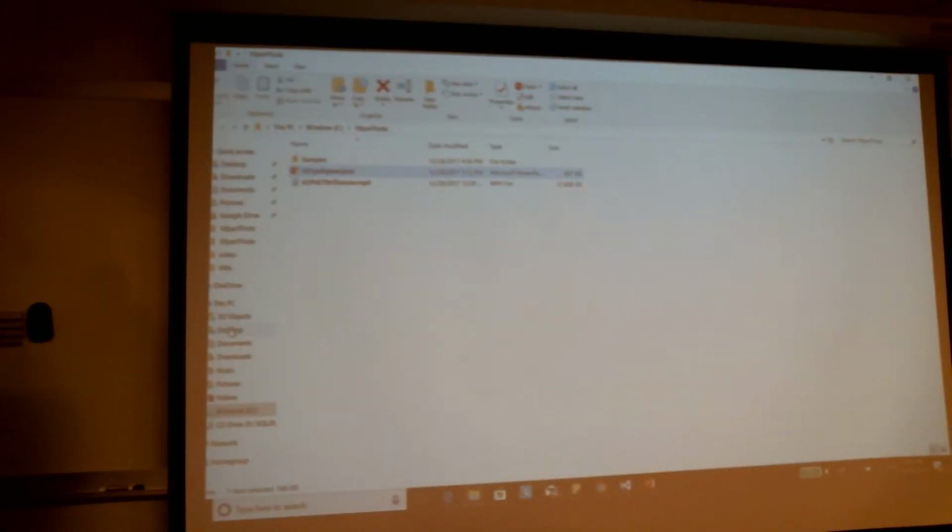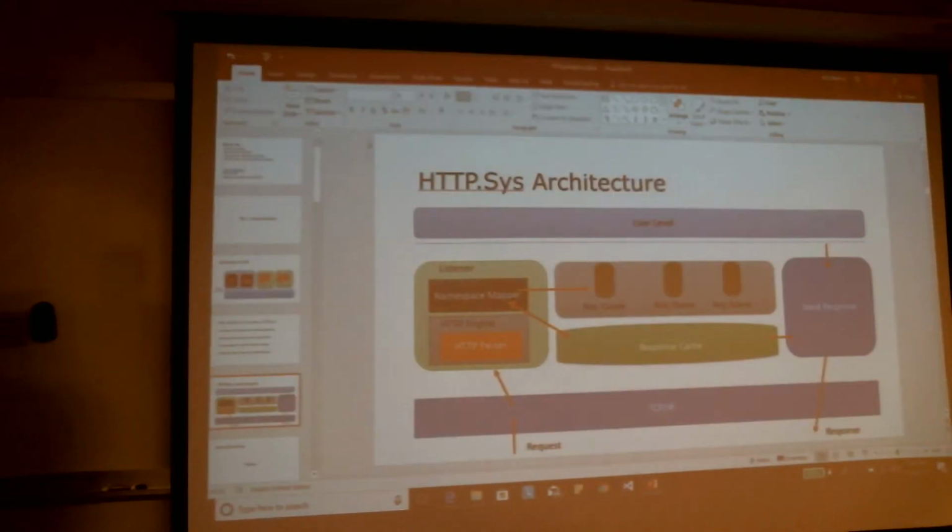So for this demo, I have an Azure VM where we have a Windows Server machine, so that's more like a server environment. So I'll just go ahead and then